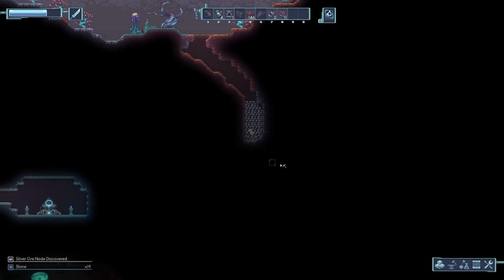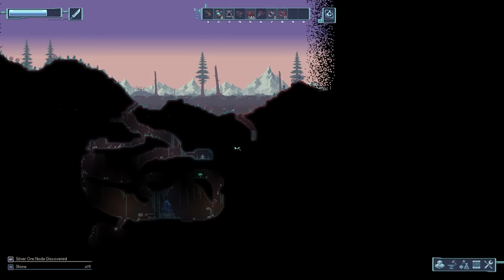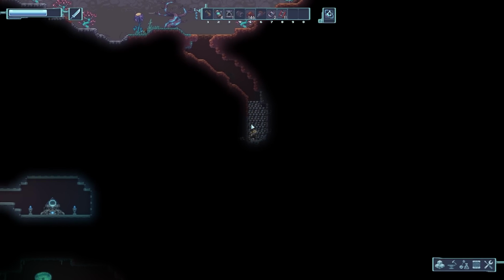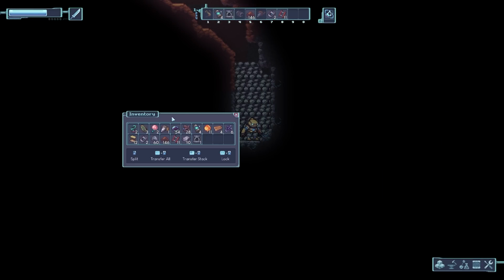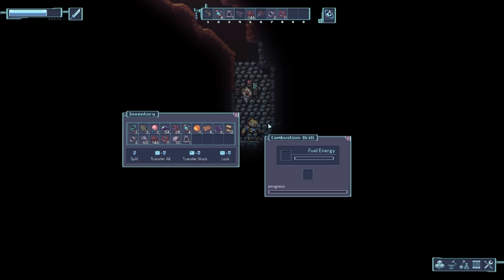Also, we have that combustion generator now, which I think is probably going to be pretty darn useful. Also, the fact of the matter is that we have a way to... Let me check my inventory here. Yeah, combustion drill. Let's get a combustion drill. Let's do...